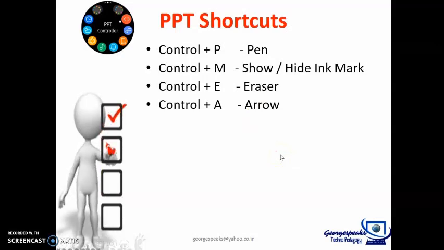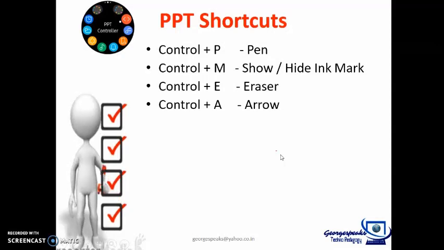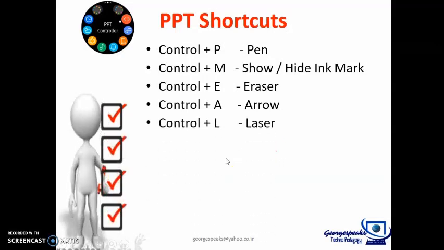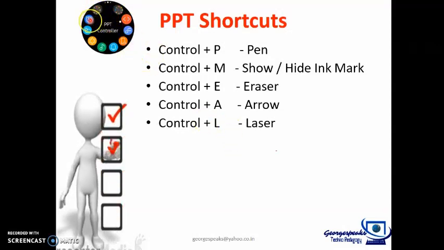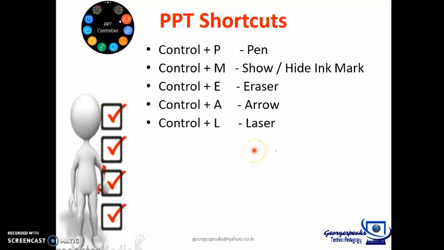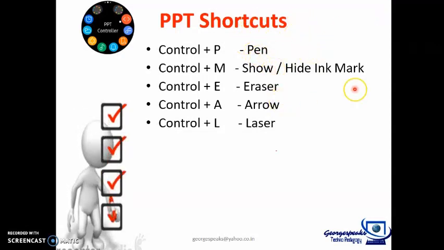And then normally while teaching, especially in science where you have to describe an image or a picture or a diagram, in maths and all these things, you might need a laser. It's very easy. All you have to do is just Ctrl plus L and you'll get a laser point where you'll be able to describe the various parts of an image or all these things. So this is just a pointer where you'll be able to point to the specific aspects.